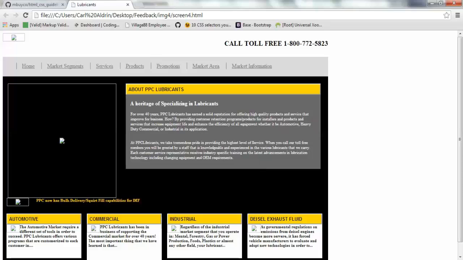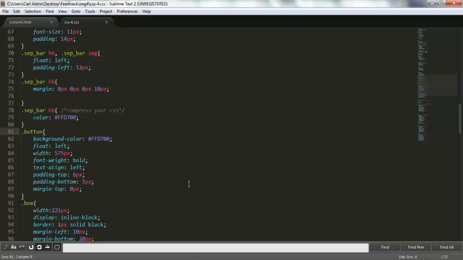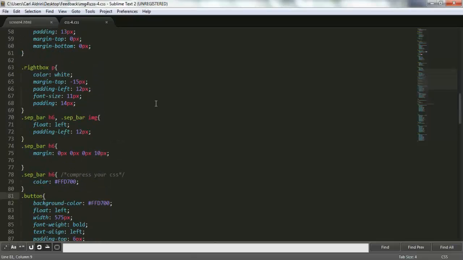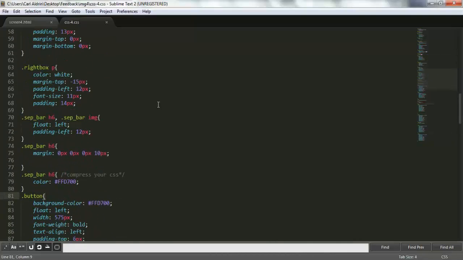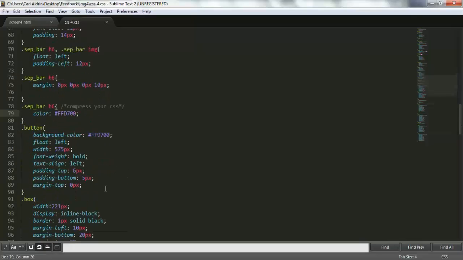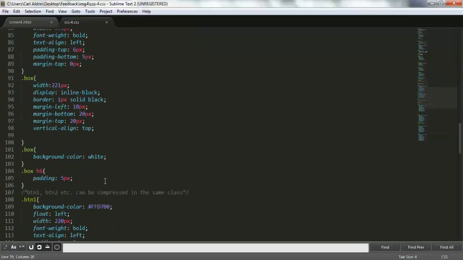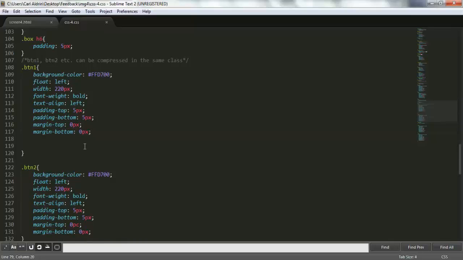So let's get technical now. First, on your CSS, there's little redundancy in your codes, such as in this sidebar, they are both set to H6, and also the buttons.